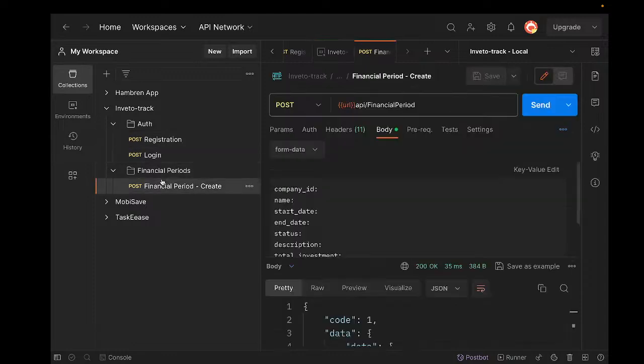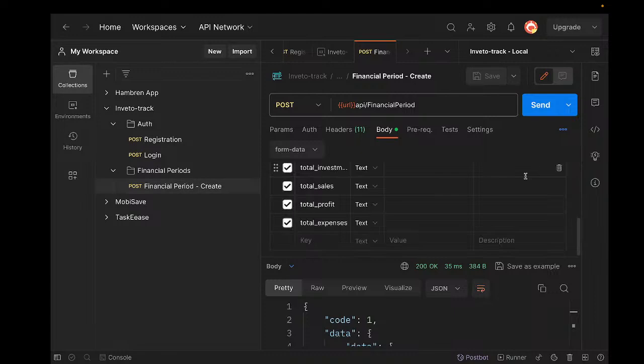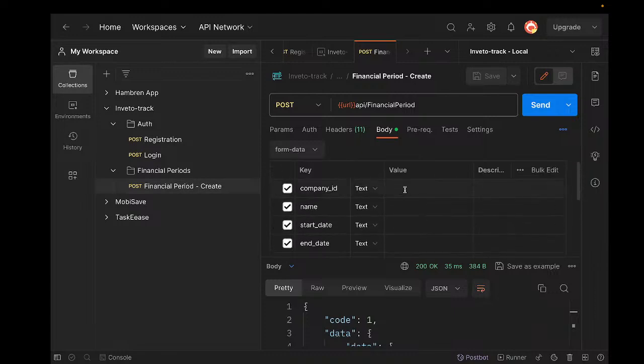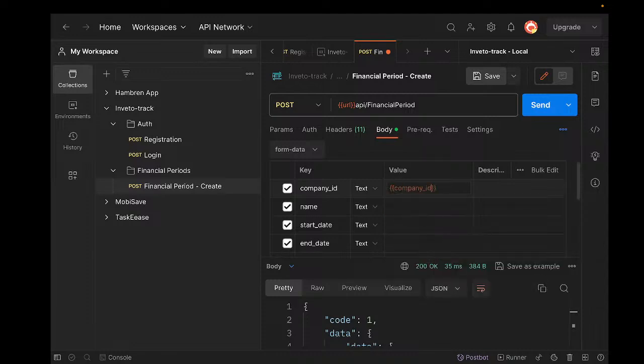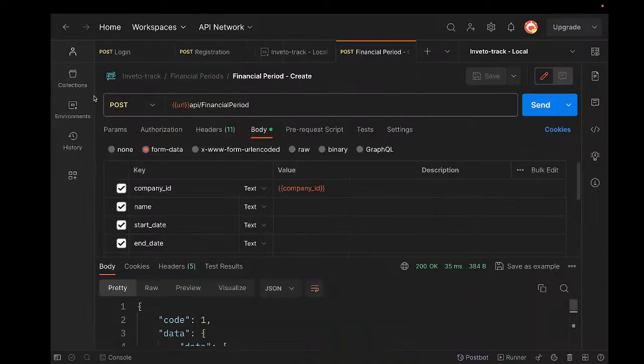So I'll come here, come to create. I can switch back this to the key like this. So here where there is company ID like this, I put company ID, so it should be substituted. I hope you're together. All right, so the name of the year, so I can say maybe